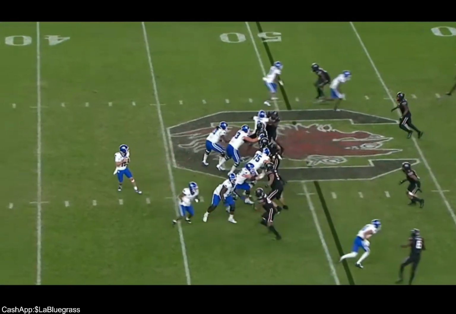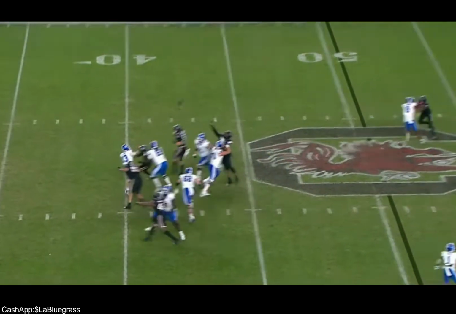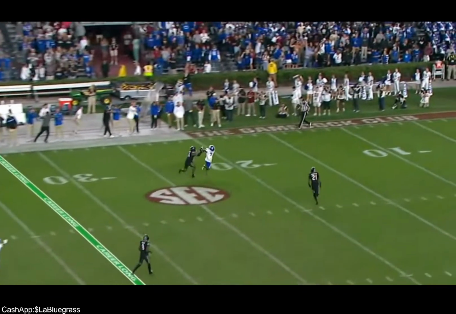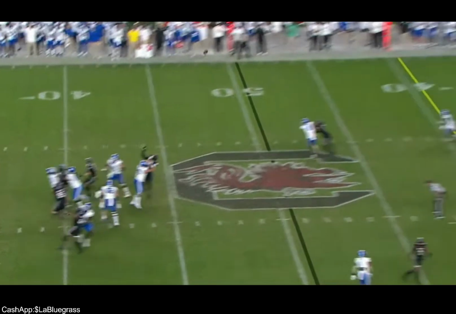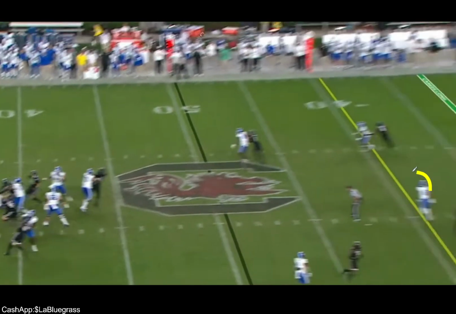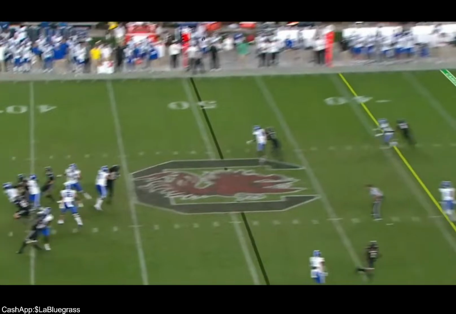Inexcusable. And then he's going to throw back to him. That's the option. That's the one.